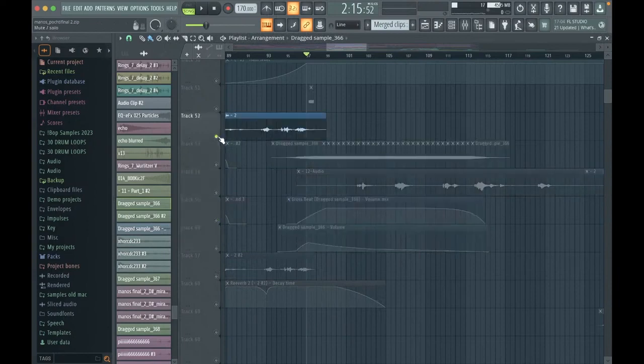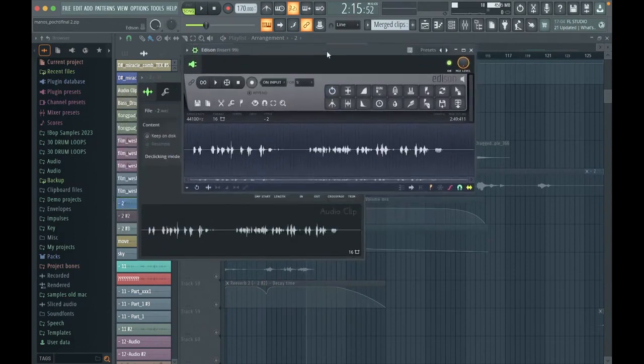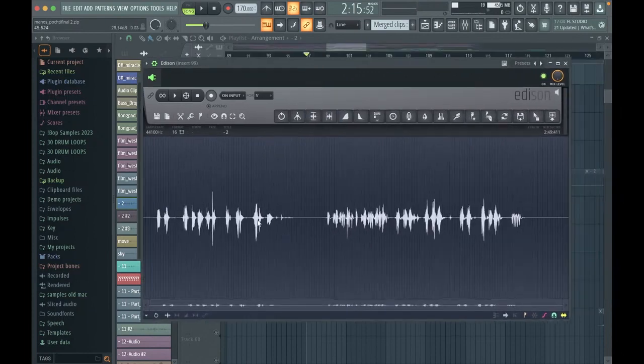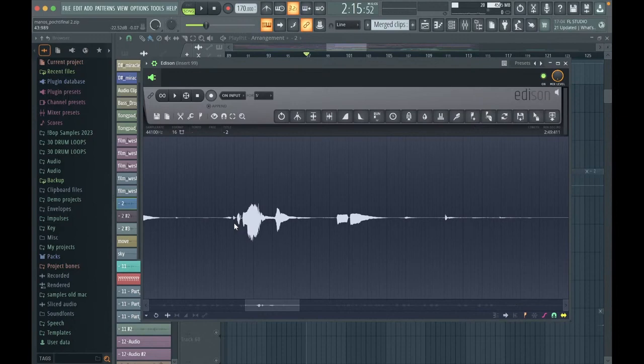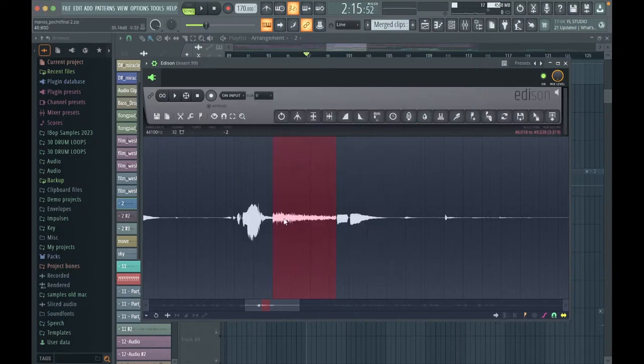Then there is a really cool thing in FL Studio I will show you in a second. You can take any sample, open it in Edison, it's the audio editor in FL Studio, and then blur it. For example, okay, let's take this O and let's blur it. What it makes, it's like